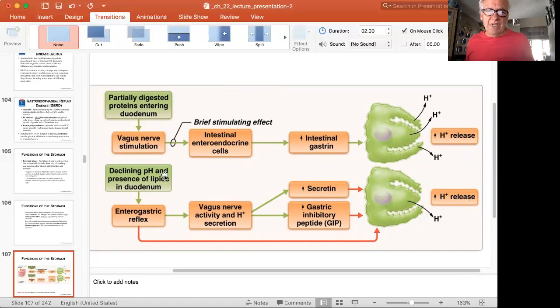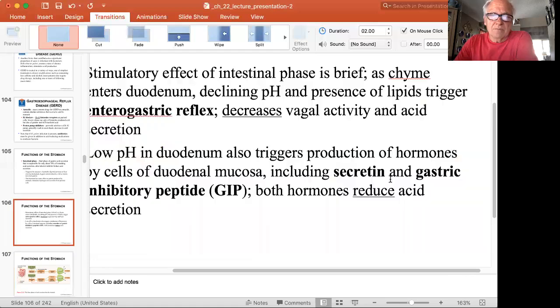So with the declining pH and the presence of lipids in the duodenum, you're going to set off all this: the enterogastric reflex, the vagus nerve, increased secretin, gastric inhibitory peptide, and you produce more acid, and you make more pepsin, and you digest more protein. This is what they call the intestinal phase. Now, if you go back here,